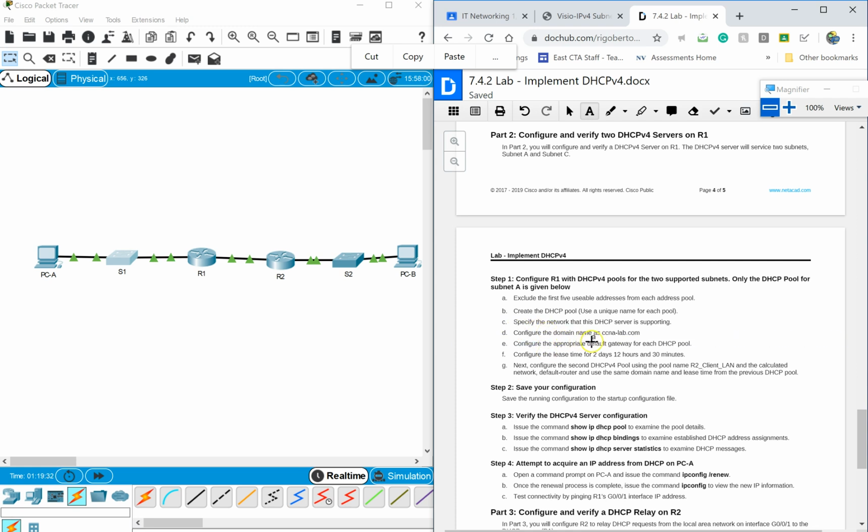Right? Configure the domain name as CCNA Labs. Configure the appropriate default gateway. The lease time is 2 days, 12 hours, and 30 minutes. Next, configure a second DHCP pool using the name R2 Client LAN. So,